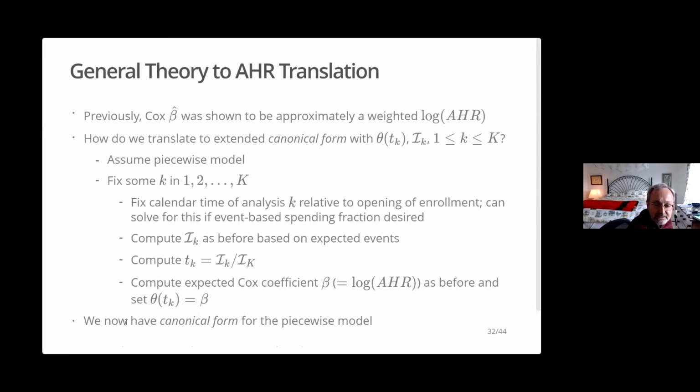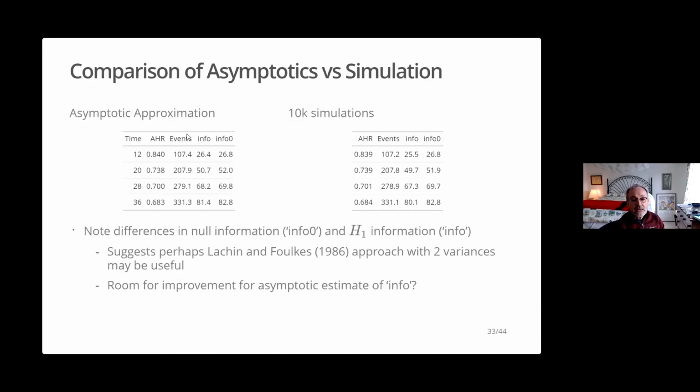Anyhow, basically this is all just saying that canonical form, while it's more general than a time to event thing, it could be anything where the treatment effect is changing over time. This is just translating it into this time to event model. Okay, so here's